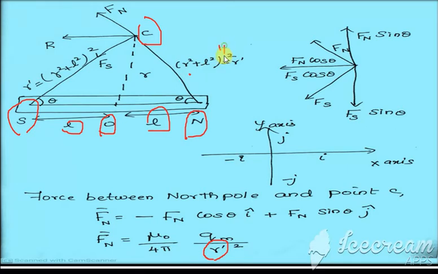So here it is 1 by 2, same way here also it is 1 by 2. We have written that value, and that I am taking as R dash. Same way here also it is written as R dash. Let us take the forces. This is a north pole, so the force exerted will be along this direction. And this is a south pole, so the force will be along this direction, but it acts in the opposite sense, so the two act along the same direction. This gives a resultant of Fn and Fs.